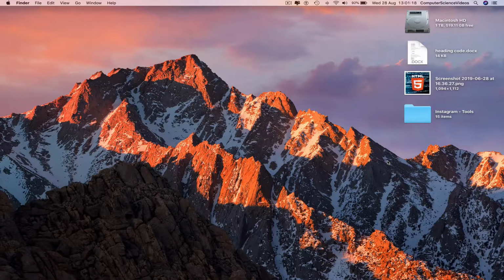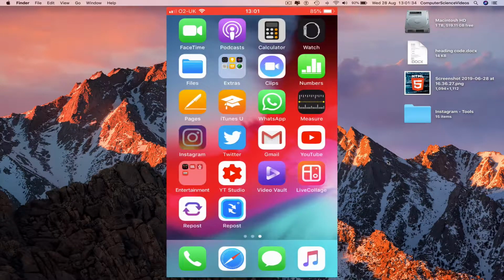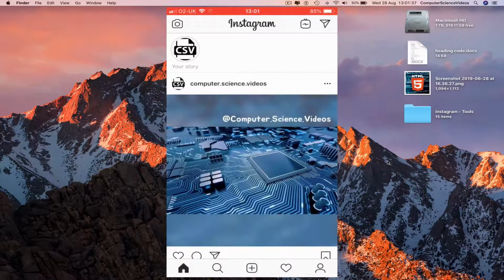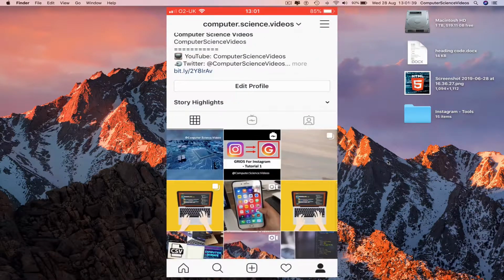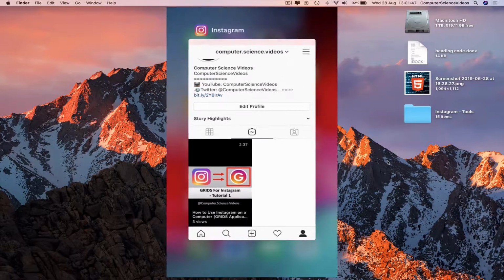So in this tutorial, you need to have access to the iPhone itself, the Instagram application, make sure you have an IGTV account, and now we can go to the iPhone itself. Navigate to the Instagram application, click on Instagram, make sure you're signed into the account, go to your profile. We see the IGTV video, go to IGTV, click the video itself, or we can go back to the iPhone